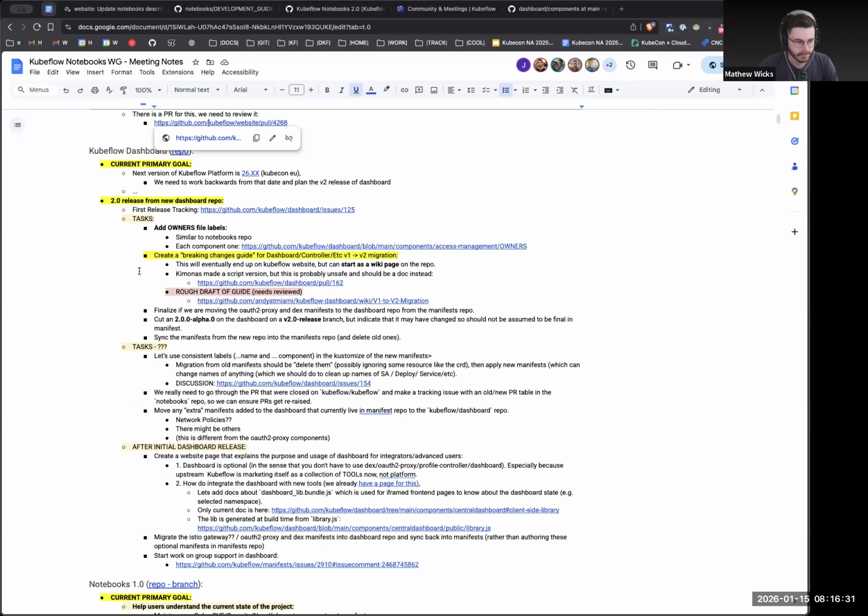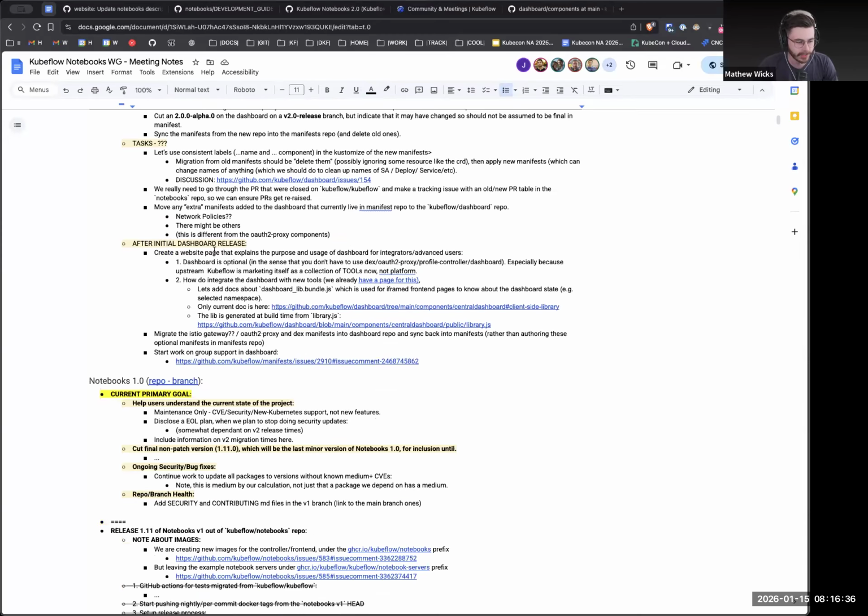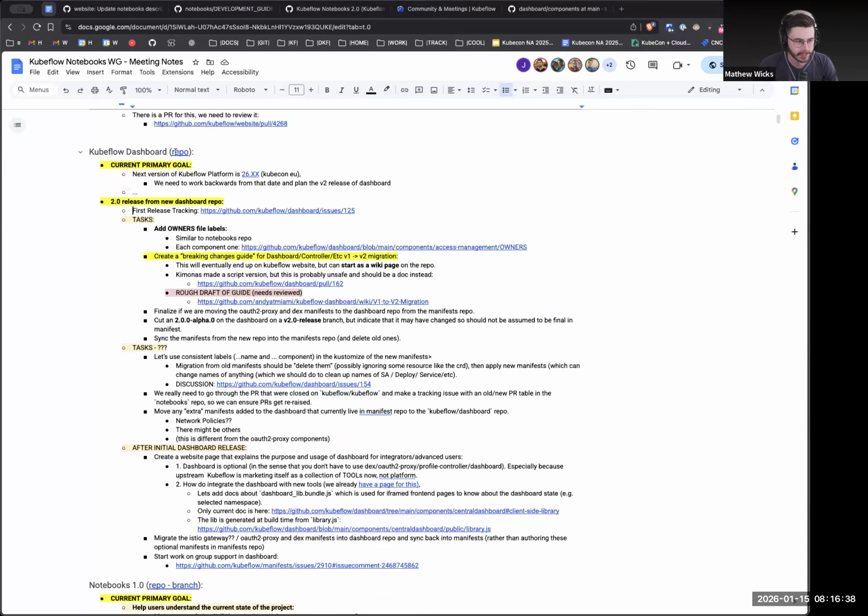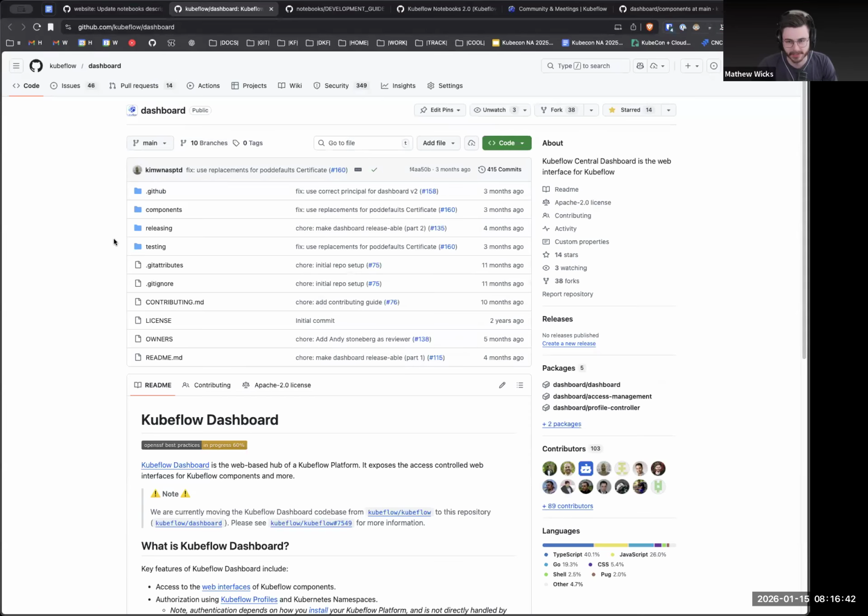Okay. Dashboard. Let's just quickly go through the dashboard. So we have 3 components we do. I don't want to spend too much time on dashboard, but I just want to bring it up so that we remember. What was the status, Andy, you were saying? Yeah, not a lot of movement. There's a community member, Alok, who's volunteered to start to look at some of the manifest changes.